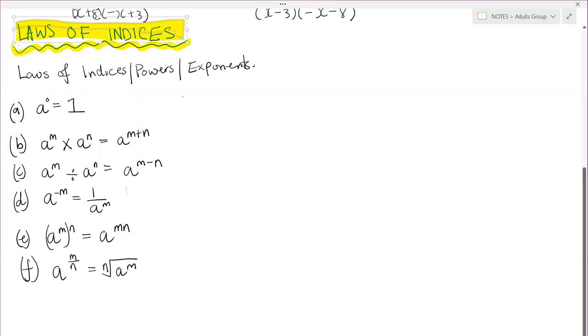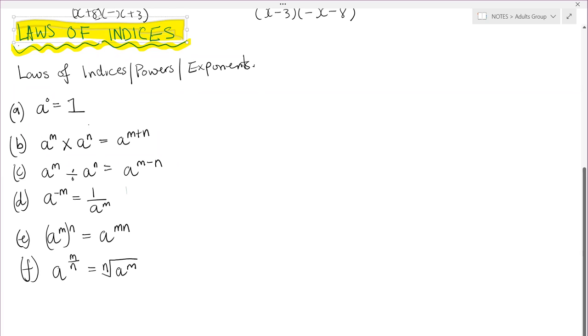So three words all mean the same thing. That little number that hovers over your variable on the right hand side is called your index or your power. So the first rule we have is that any variable or any number,